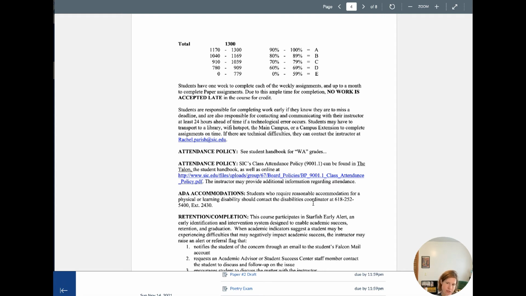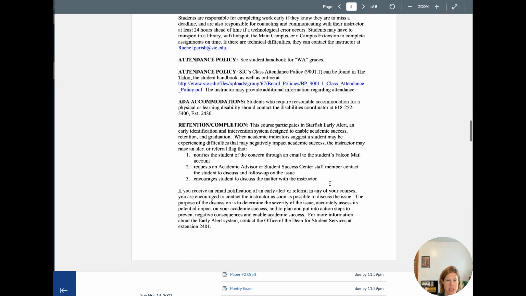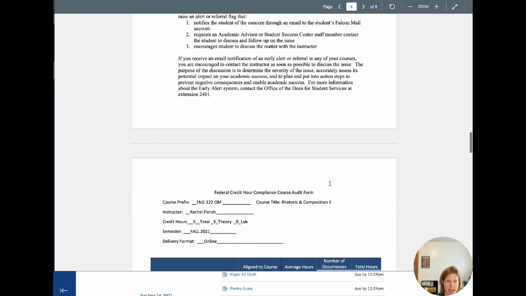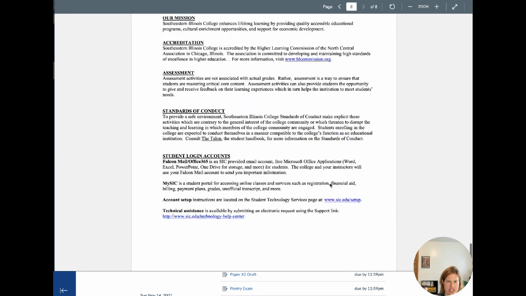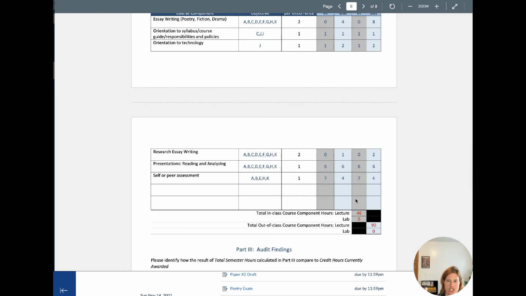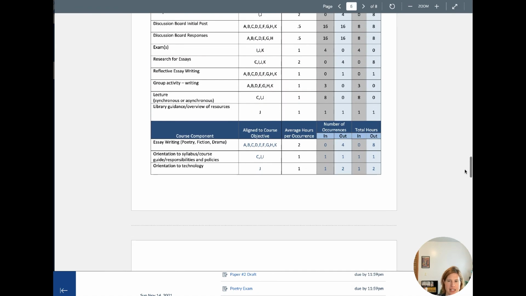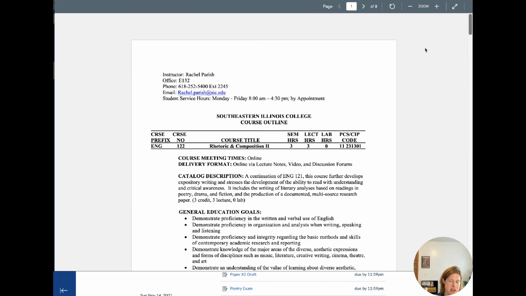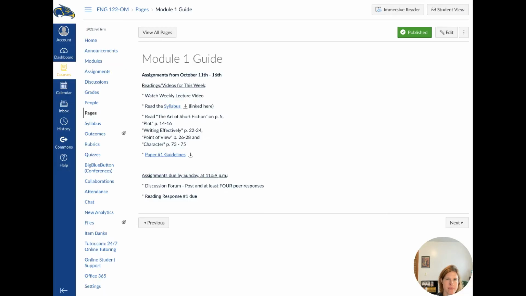If you don't do anything in week 4, I'm going to drop you. And I won't accept students back in unless they had like an A in the class or something. So be sure that you're on top of that. And then skip all that, and the rest of the stuff is just supplementary. So that's pretty much the class in a nutshell as far as my attendance policies and things like that. I don't give a participation grade, so it's mainly that you turn the work in on time.